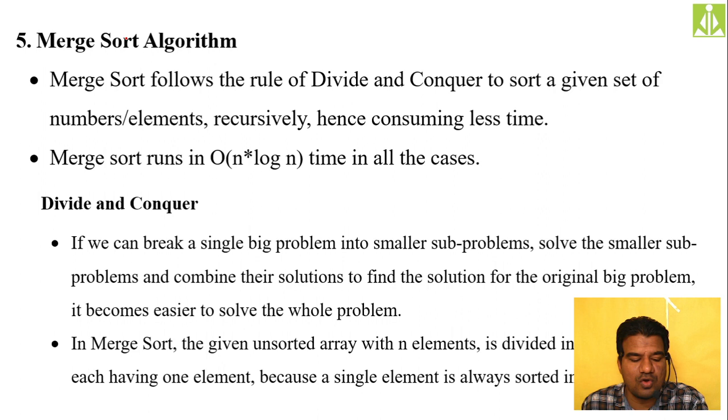So it uses the divide and conquer strategy. Divide and conquer in the sense the big problem will be divided into smaller problems, and it will do the division up to atomic level. Atomic level in the sense the problem itself becomes the solution. We call it dividing the problem to atomic level, where the problem itself becomes the solution.